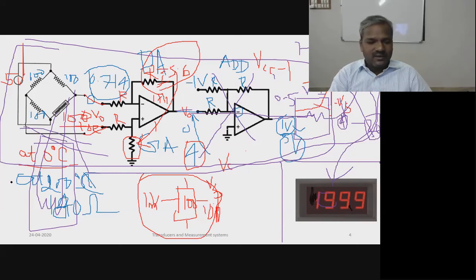Even when the temperature is 0 degrees Celsius, we get 1 volt at this junction. So that 1 volt at this junction, we are converting to 4 milliampere here. So if the RTD fails, we get 0 milliampere current, because entirely 0. When the RTD fails, there won't be any signal available here.